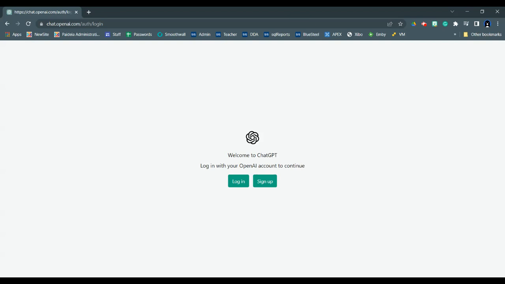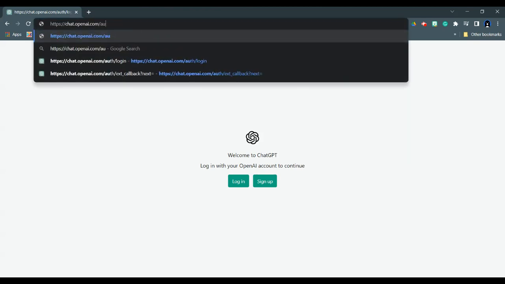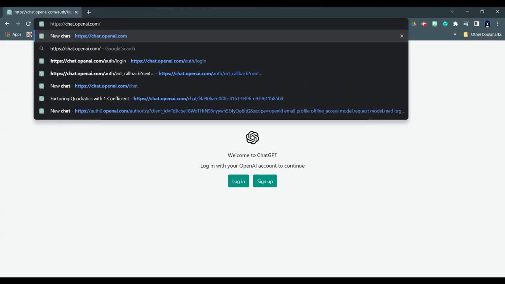in the education system. So I wanted to give you a quick overview of what ChatGPT is all about, and show you some ways that you could have students use it in a productive way, and also how you as a teacher might be able to use it. So the first thing is that to get to the site, you just go to chat.openai.com, and I'll provide a link with this video down below.